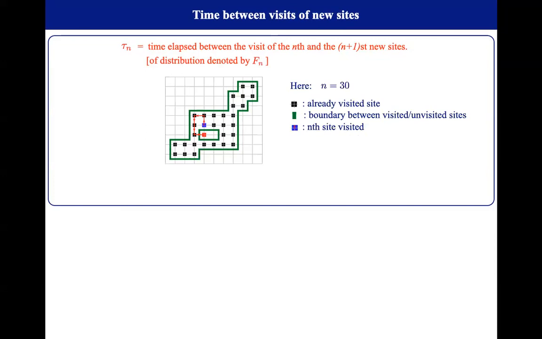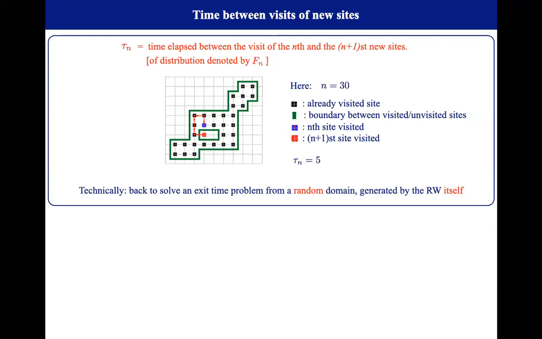In blue, I represent the nth site visited here, and in red, the n plus first new site visited. And it takes 1, 2, 3, 4, 5 steps to discover these sites, so that tau 30 is equal to 5 in this case. So technically, if we want to determine Fn, what you have to do is to solve an exit time problem,